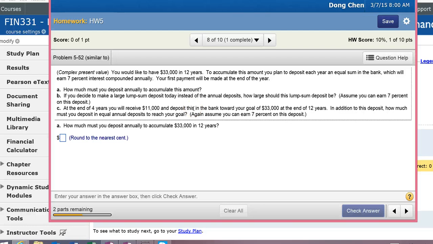Alright, so here I want to take this question as an example to show you how to solve relatively complex questions involving the time and money. So this is question number 8 in homework 5. So let me first read the setup. You would like to have